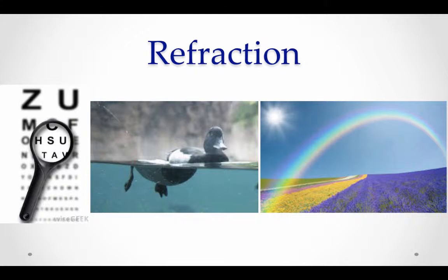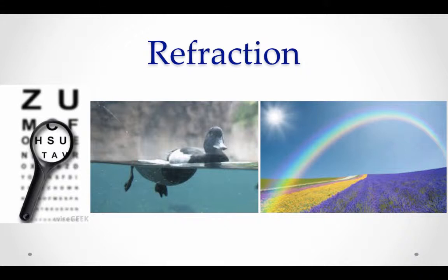So what's going on with this duck here? We know that that duck is not split in half, right? We know that the duck's feet are in fact connected to its body, the same body that we see above the water. It's not shifted over like that. But what happens is as light passes from the air into the water, it bends. And it bends and then it reflects back to our eyes. And because it bends, it changes location. And so even though that duck is all together, it appears as though it has been split in half,